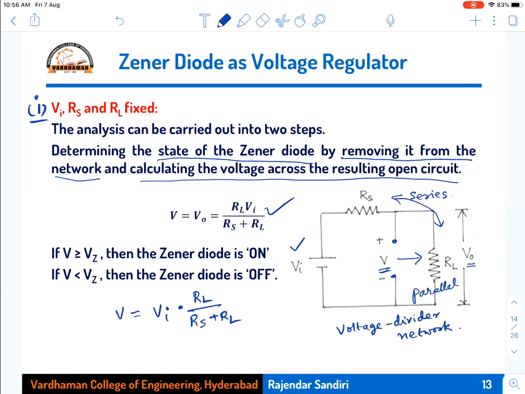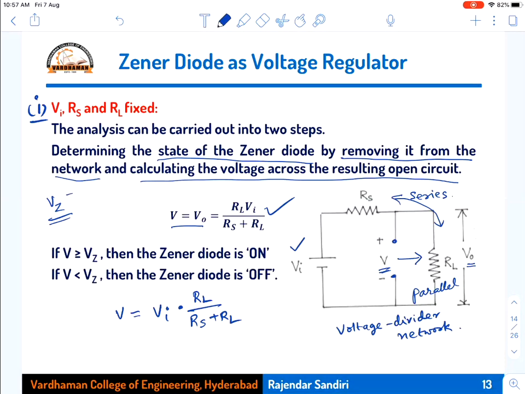The parallel voltages are the same. That's why I have written V is equal to V naught is equal to RL into Vi divided by Rs plus RL. Okay. Now already there was a Zener diode, right? What is its Zener voltage? It is Vz. So the Zener voltage for a given Zener diode is fixed. It is a specification parameter. Suppose I am holding one Zener diode with me, that Zener diode may have its Zener voltage as 5 volts. It is a specification, a manufacturing value. So for the diode which I have removed here, the value of the Zener voltage or breakdown voltage of that Zener diode is Vz.